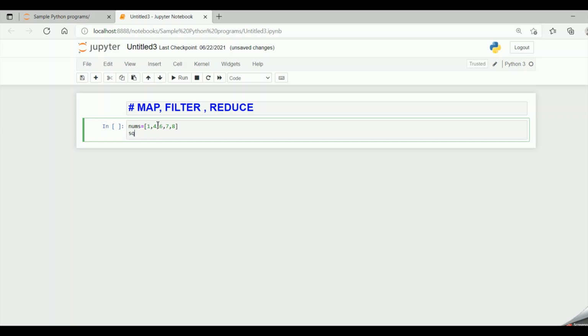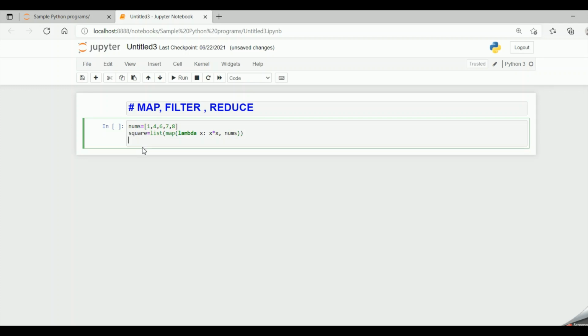Now let me say my square is equal to, since I want the output in the list format, I give list and then map, then a lambda function, lambda x colon x into x, and for the map function we have to pass two arguments. One is the function, so here we have passed the lambda function, comma, the next argument is an iterable, so we have defined an iterable called nums, so we'll pass nums as the iterable.